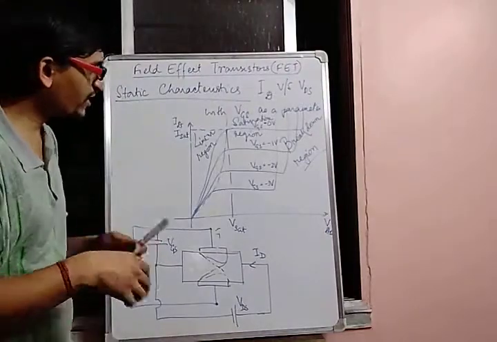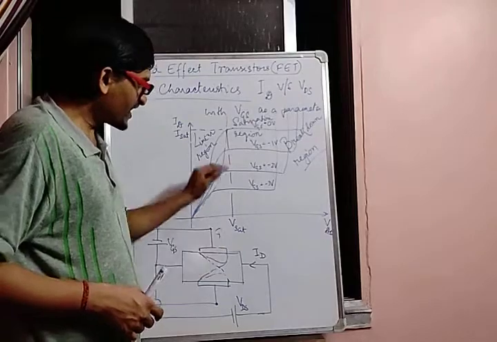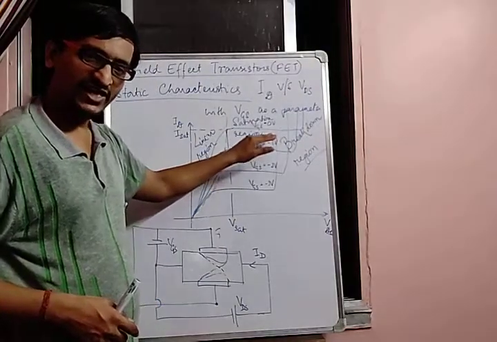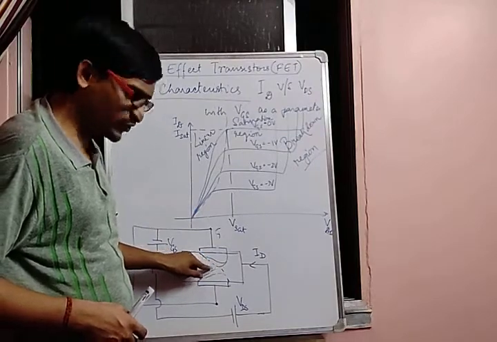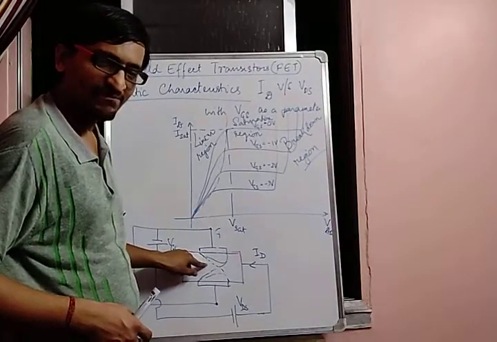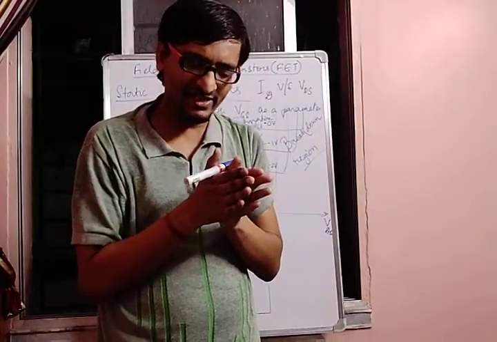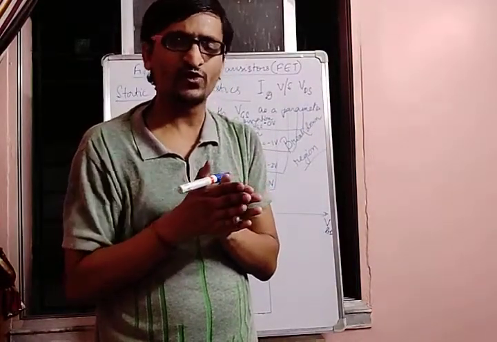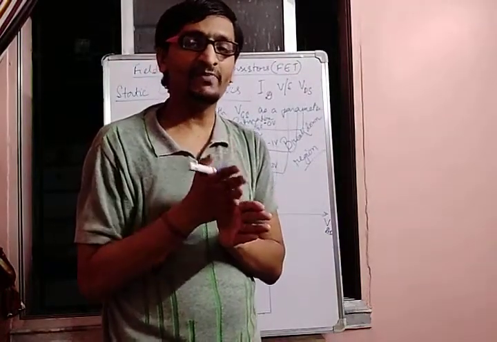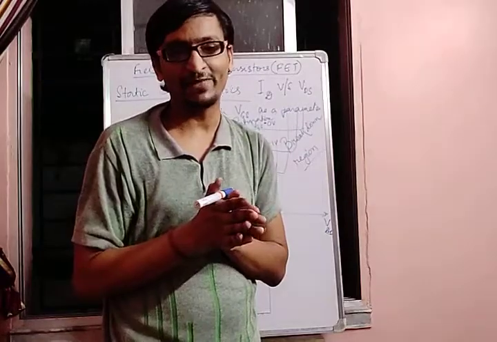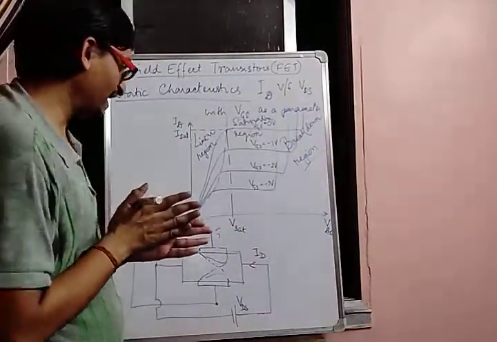Now if you further go on increasing the voltage, what will happen? The current will remain constant. Just this point of contact will shift towards left. Actually, they will not touch each other completely. They will leave a small gap for the flow of the electrons. So at that time your current becomes independent of the voltage applied.